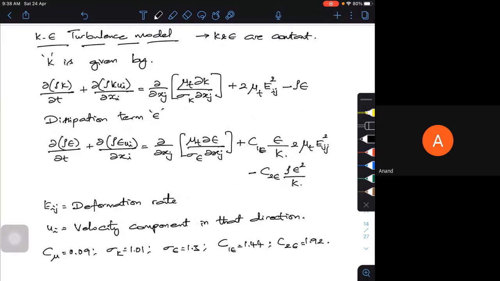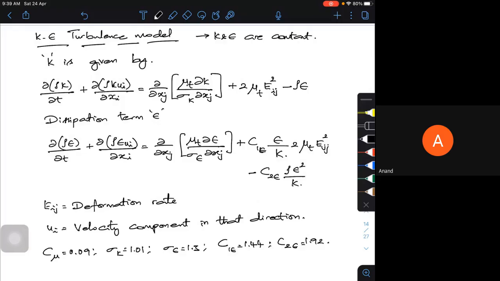Even if you go and look into the k omega also, you will be having a similar kind of equation. Even if you take, for example, the shear stress transport model also, you will have this equation. So each and every constant you will be getting with an equation, and based on that equation you have to solve and obtain the solutions.